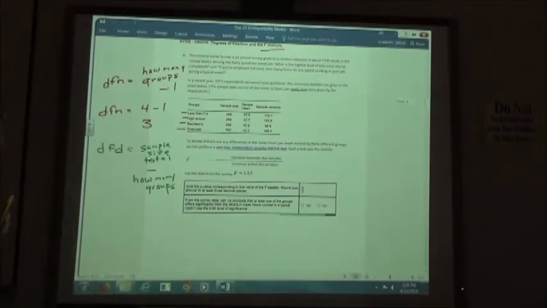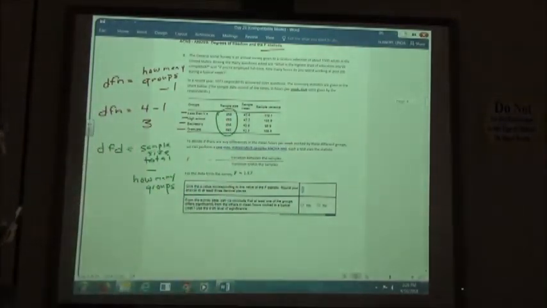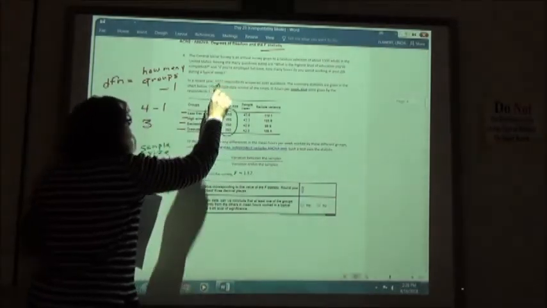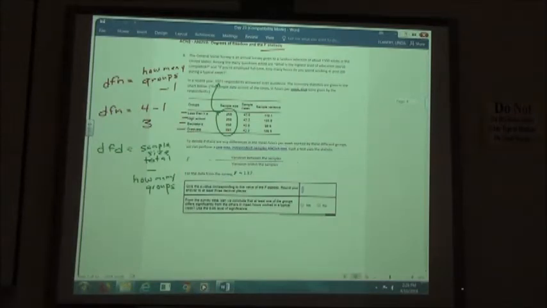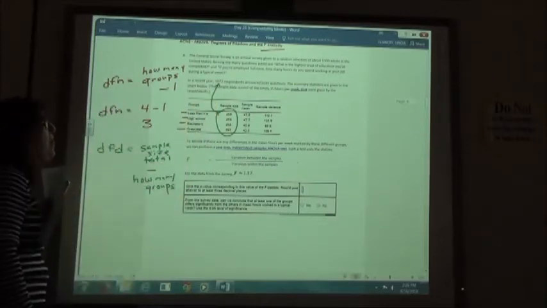So my sample size total, I could add all those numbers up. If I added all those, however, it should come up to the same number, in this case, of how many people they questioned. So if they have that in the word problem on how many respondents they have, I probably don't need to add those,